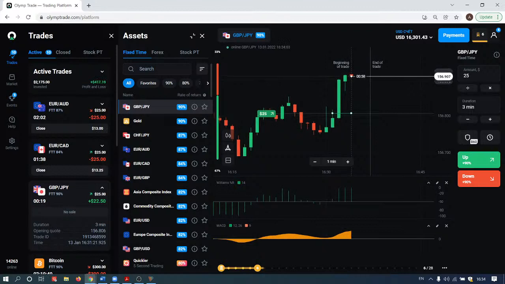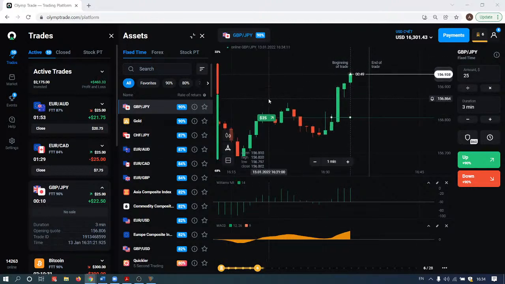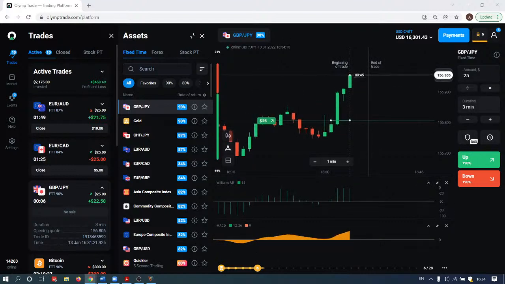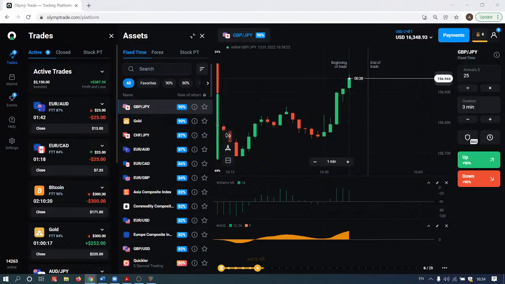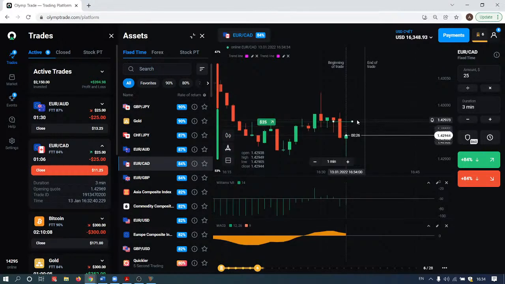How to know how much time we have to trade? Once again, every trader has their own preferred duration of trade. In my case, when I trade on 1 minute time frame, I usually open trades with a duration of 3 minutes. I think that's kind of the optimal time, because it's not too little, it's not too much. It allows